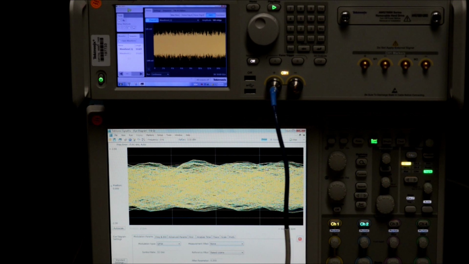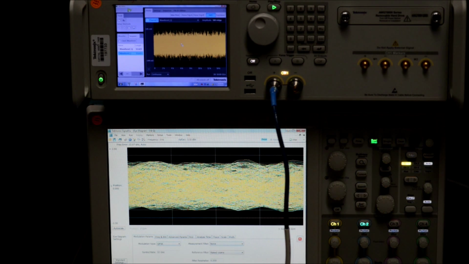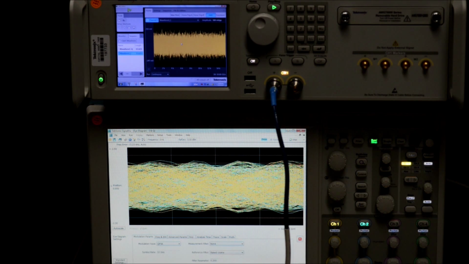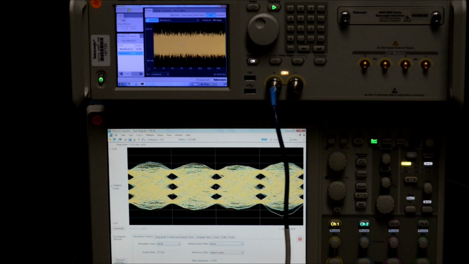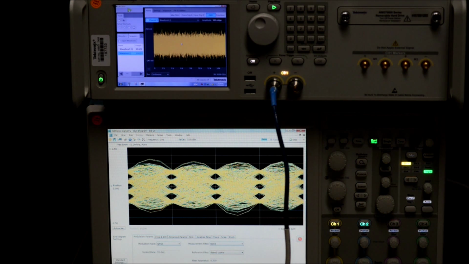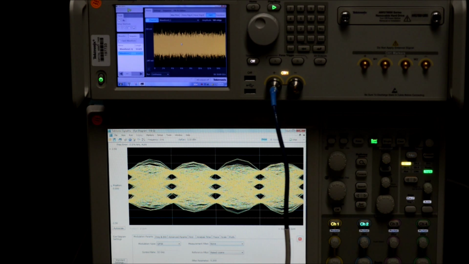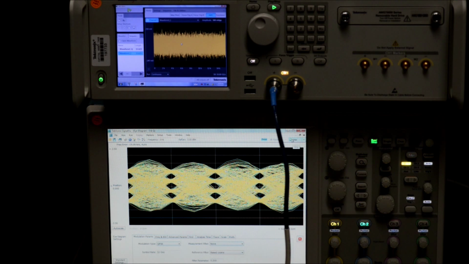Now what I'm going to do is drag the actual compensated waveform into channel 1 of the AWG and then capture that on the scope. And you can see now that we do have fairly good open eyes with the 32 gigabaud waveform that we've created from the AWG and displayed it here on the scope. And so this is a good example of how quickly and easily it is to create these complex waveforms for coherent optical